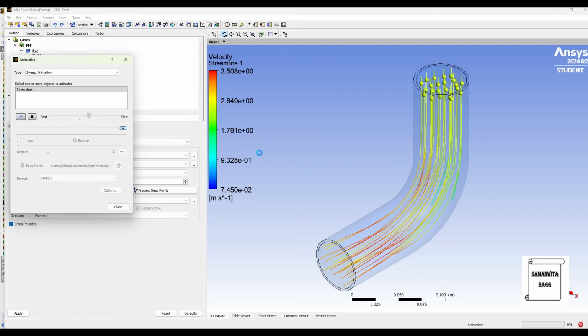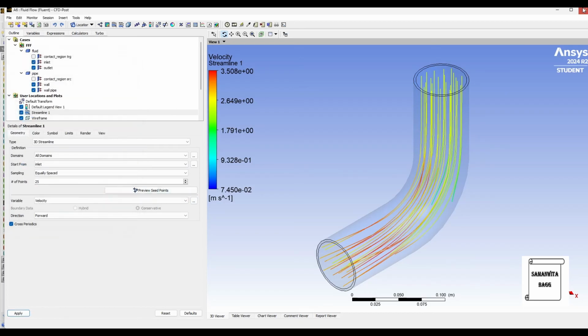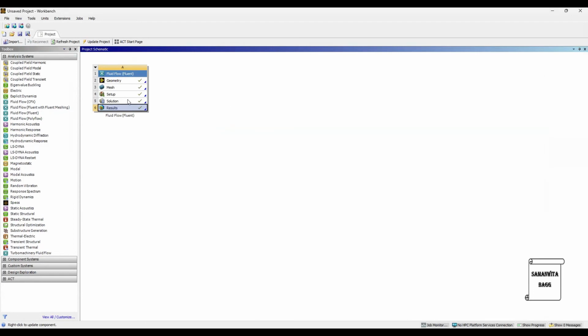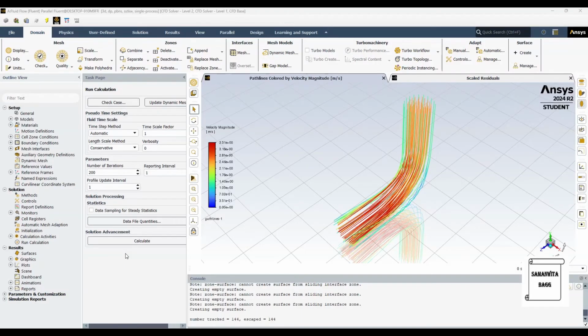This is now getting saved, this video. So you can use this video later on. So once this video completes, you can go back to the folder and double click on that file. You will see the same video. Okay, so I have saved the file now. So let's close this and go back to solution.